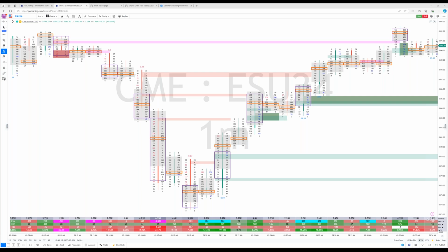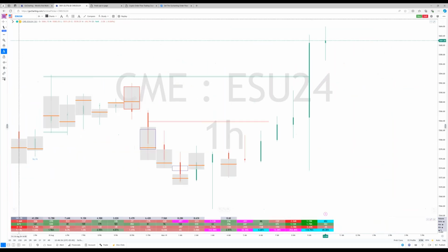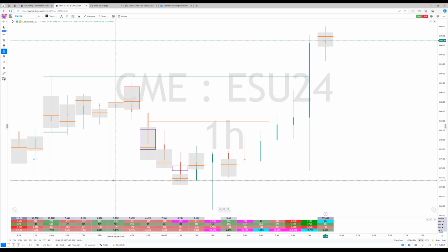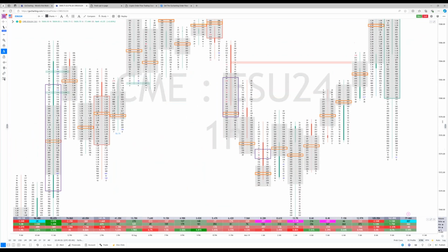Seth asks, can we trade 4-hour, 1-hour time frame using Orderflow concepts and hold the trade for a few days? Well, I'll just pull up a 1-hour chart. Now, the thing is, trading 1-hour, 4-hour, here, right? You can't see the footprint. I'd have to expand it up like this, but